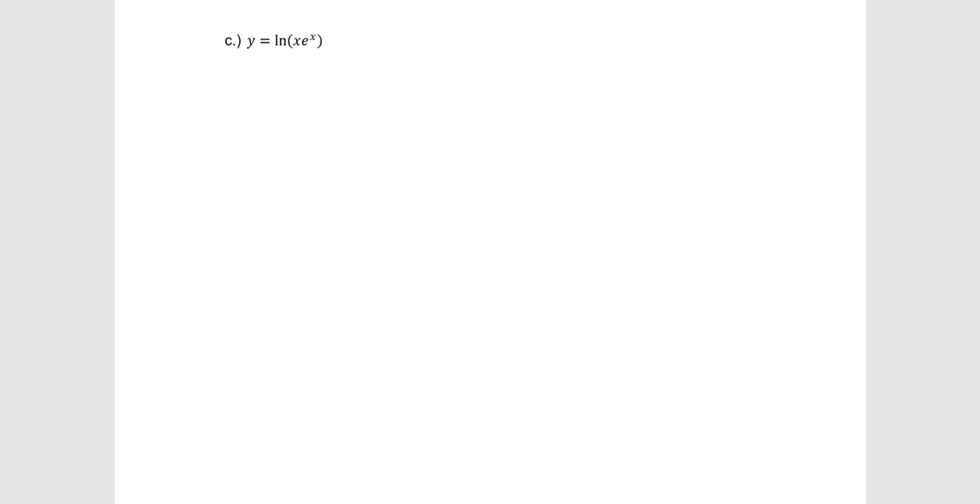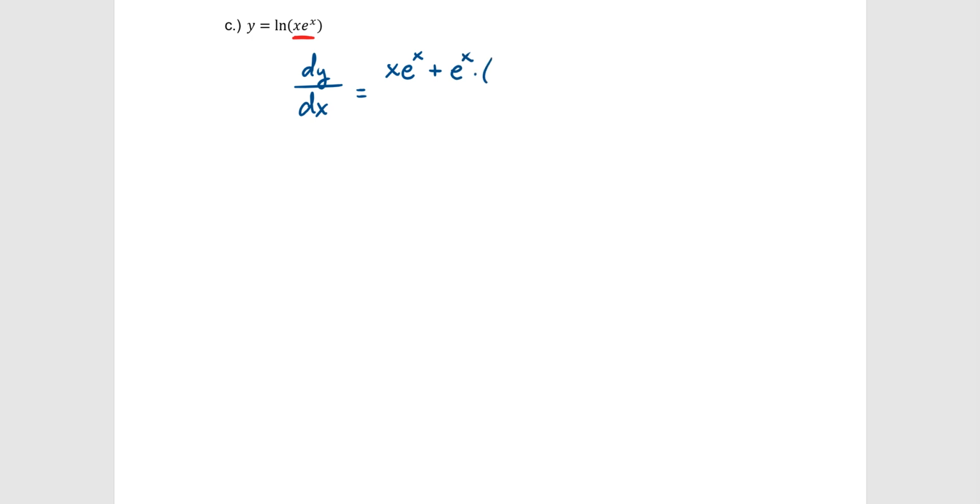And one more for this particular type of example. We have the ln of x times e to the x. So this one is going to start off the same way. We have this function inside of here. It's x times e to the x. So it's going to be the derivative of that divided by that itself. So the derivative of x e to the x, we actually need product rule. So that's going to be first, the first one, which is x, times the derivative of the second. The derivative of e to the x is just e to the x, plus the